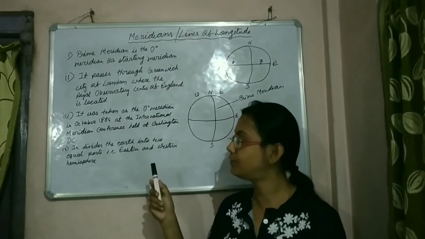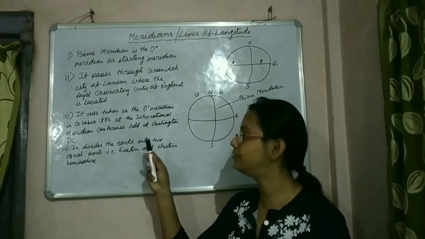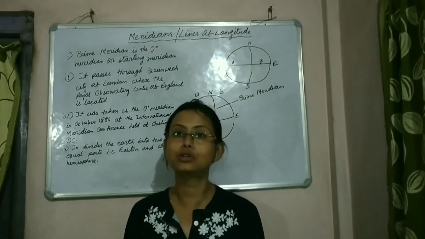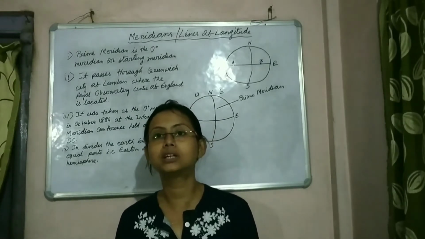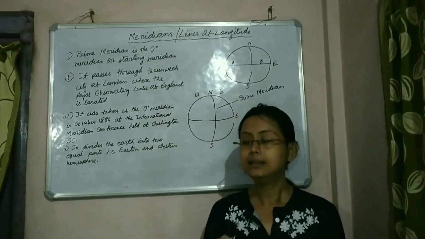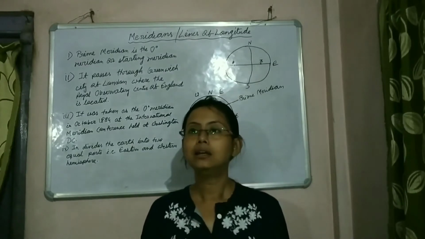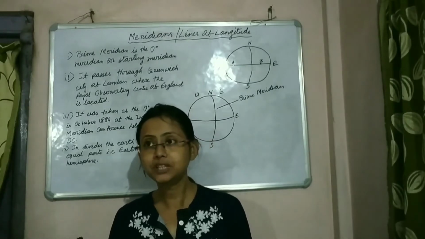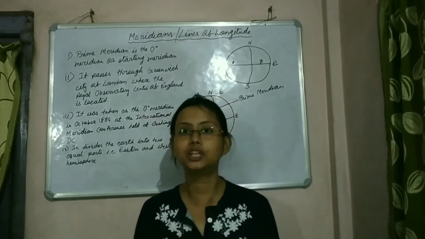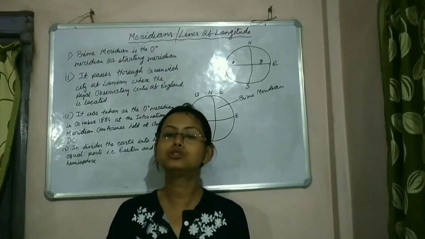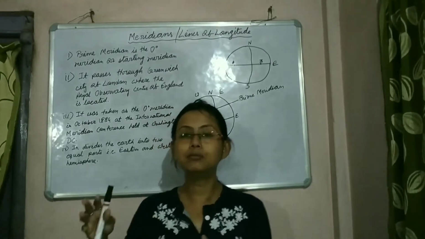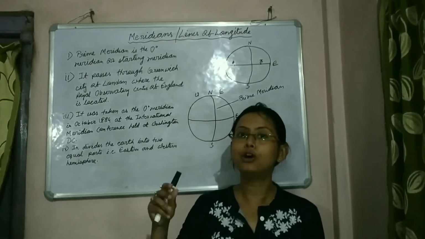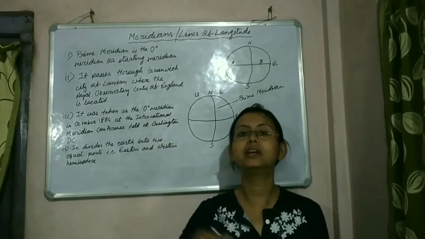And out of these 25 countries, 22 countries voted in favor of the Greenwich meridian. Now let me tell you why they voted for the Greenwich meridian. Why did the majority of the countries stand in favor of the Greenwich meridian? The answer is, by the 19th century, all the long route journeys used to be completed by sea routes, by ships. And while the ships used to sail on the seas, most of the ships, by the 19th century, considered the Greenwich meridian as their prime meridian.